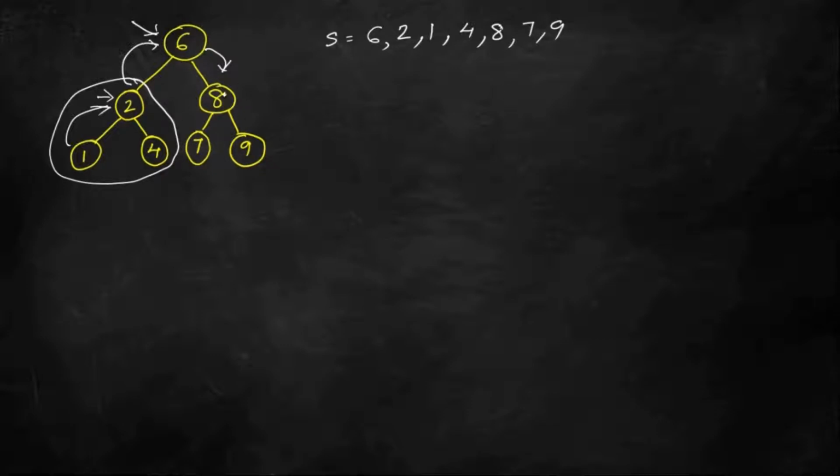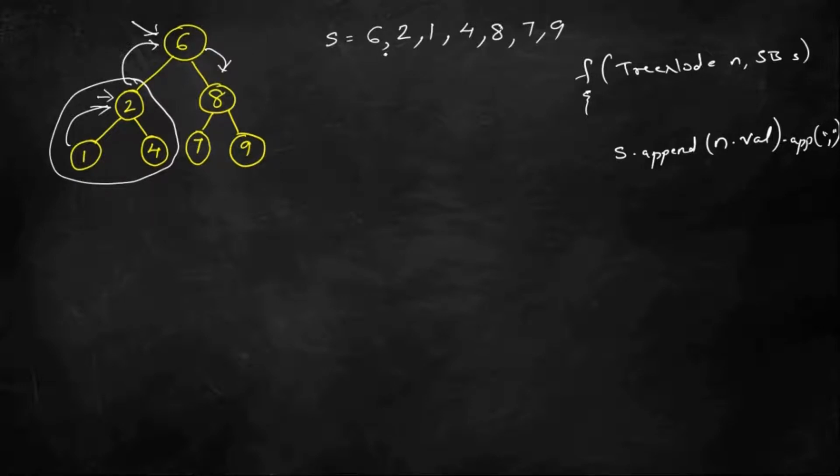And we can have this in a recursive fashion. So let's say this is my function, and let's say this is my tree node n. In Java I'm using the string builder, so let's say I'm using string builder s. So what I need to do here is s dot append my n dot val and dot append comma. Since I need a comma here, and after that I can again call n dot left passing my string builder, and n dot right passing my string builder.